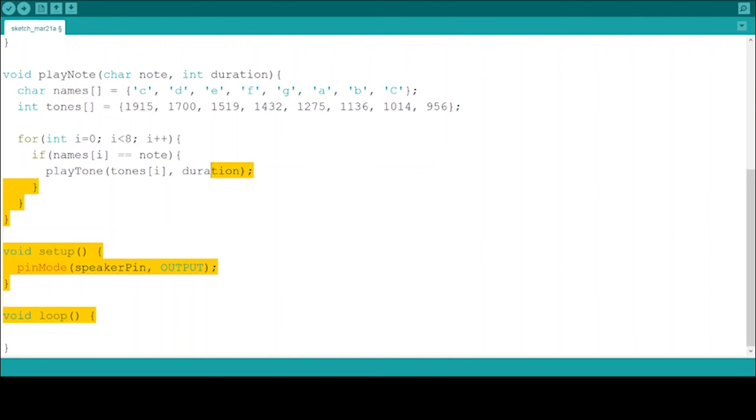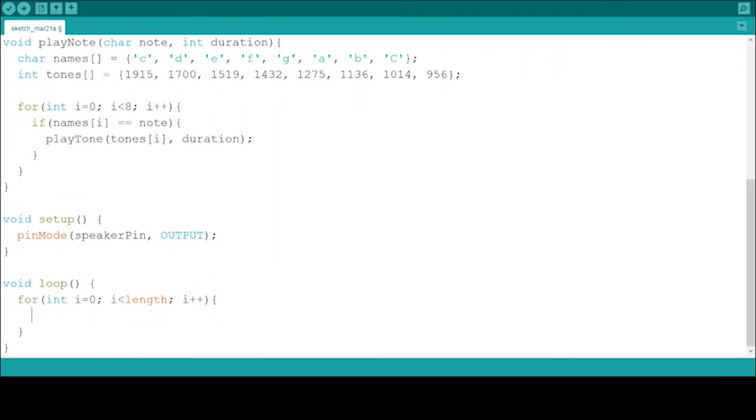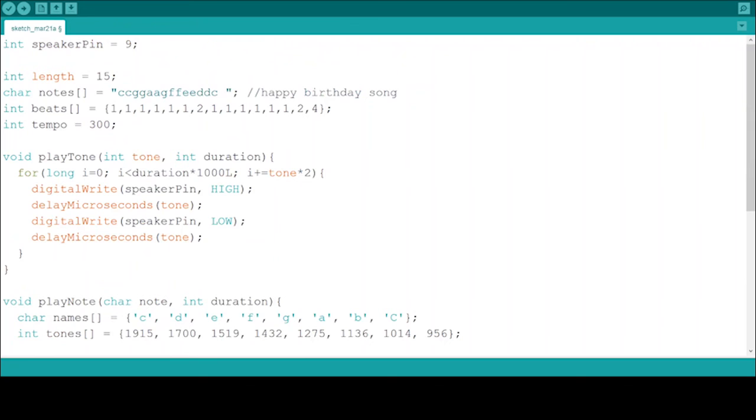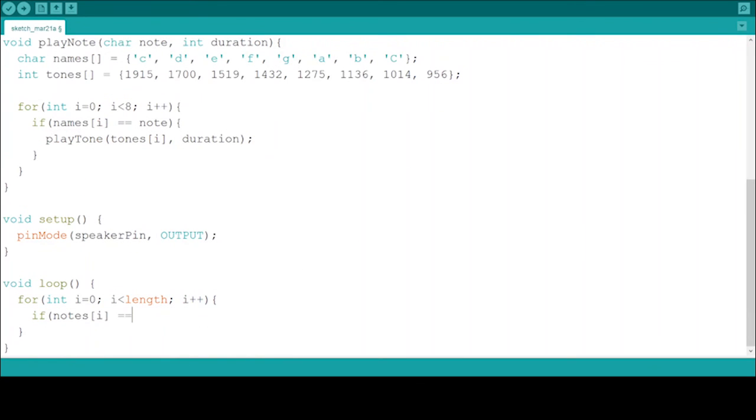So let me just bring it up here. So in the loop function, we're simply going to run another for loop. There are a lot of for loops this time, so make sure to understand for loops carefully. And we're going to simply play. So first of all, if the note in our notes up top, from here, is a simple blank, we're going to consider that as a rest, right? And because we consider that as a rest, we're going to simply delay